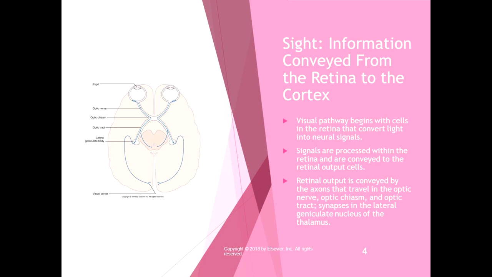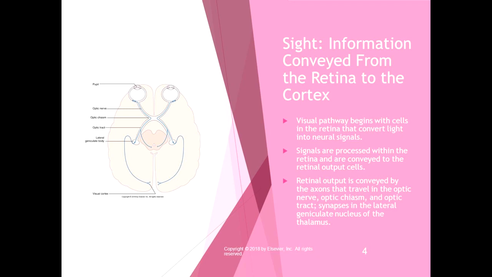But the signals are processed within the retina and they're conveyed to the retinal output cells. Retinal output is conveyed by axons that travel in the optic nerve. They go to this little patch that's called the optic chiasm where the nerves cross over, and the optic tract, which goes to the occipital lobe in the cerebral cortex, and they all synapse in the lateral geniculate nucleus of the thalamus. You don't really need to know that, but